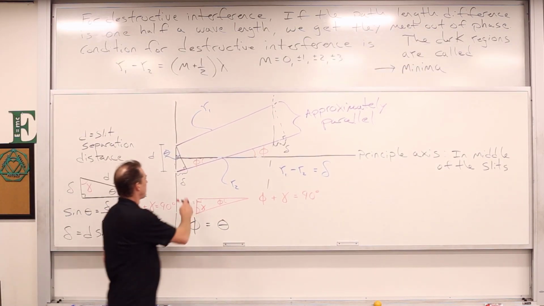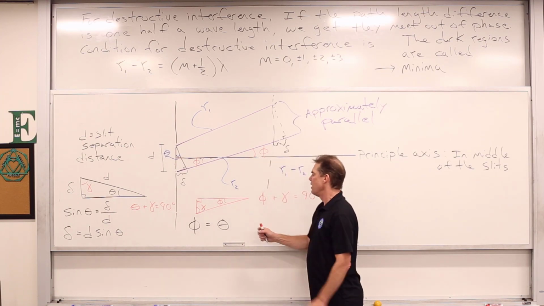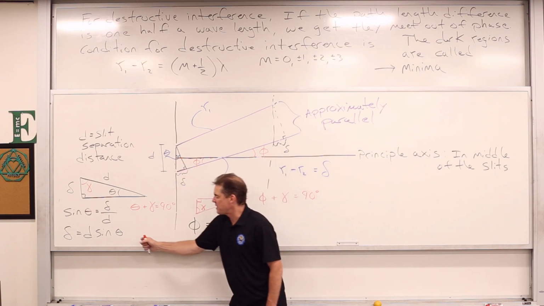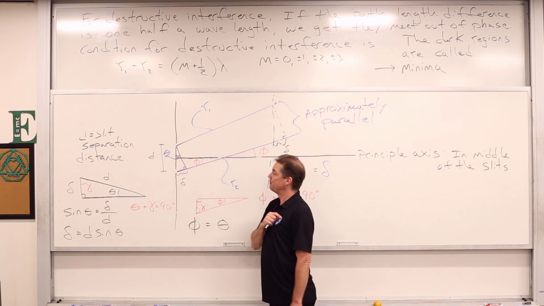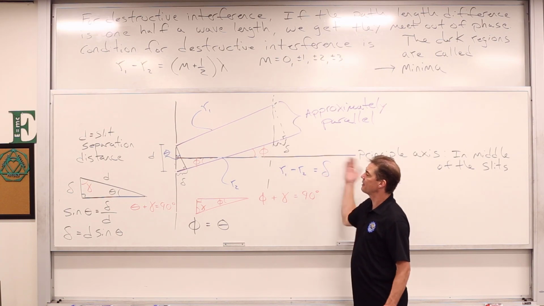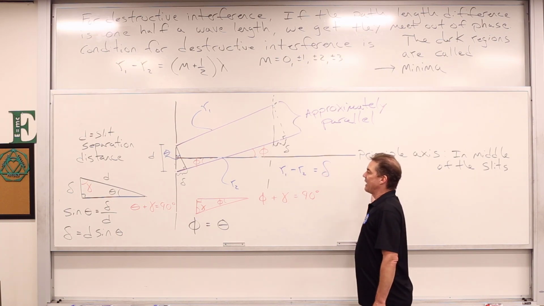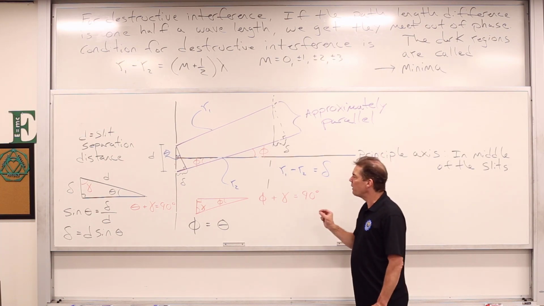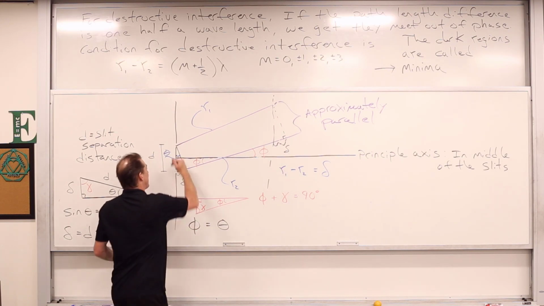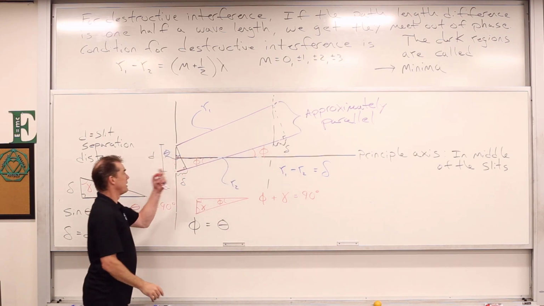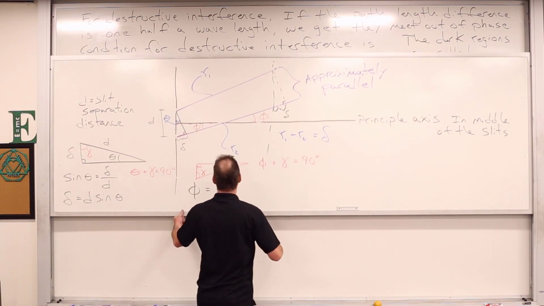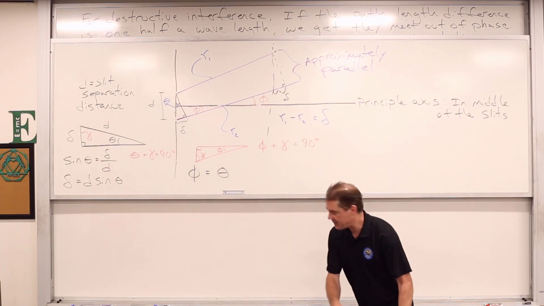That is, the angle that the path makes relative to the principal axis is equivalent to this angle here, which then gives us the ability to look at the path length difference itself. So if we can measure angular separations relative to the principal axis, we're pretty good here. And again, these slits are really, really close together. This is way exaggerated, so really I can think about shifting things up and just measuring relative to the principal axis from one location. We'll draw that out here momentarily. In the end, for this,